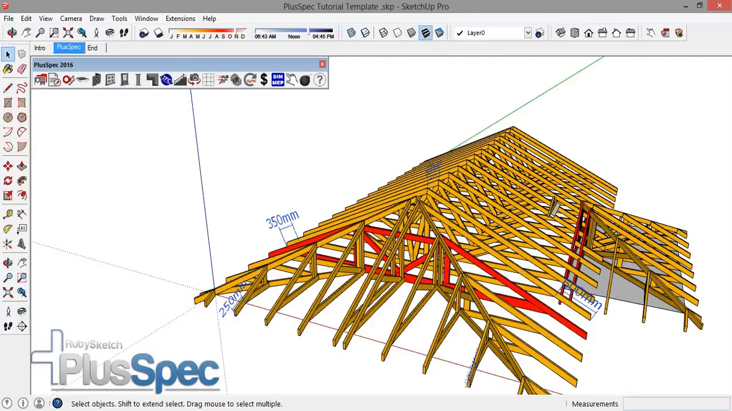Today I'm going to teach you the basics of the Truss tool in Plusspec 2016. To access the Truss tool, go to Roof Tools,